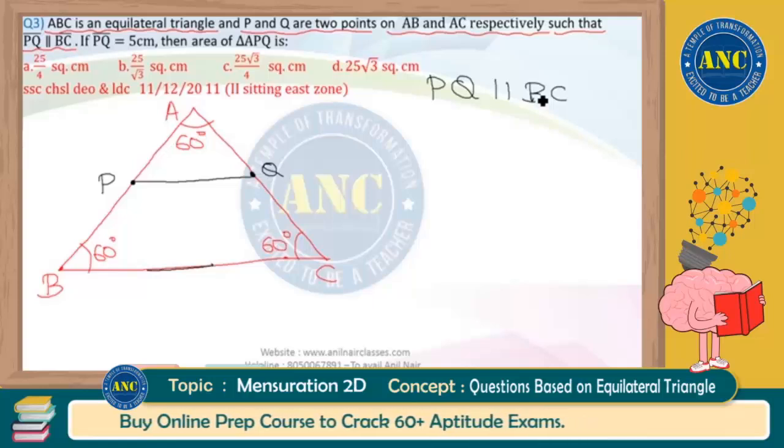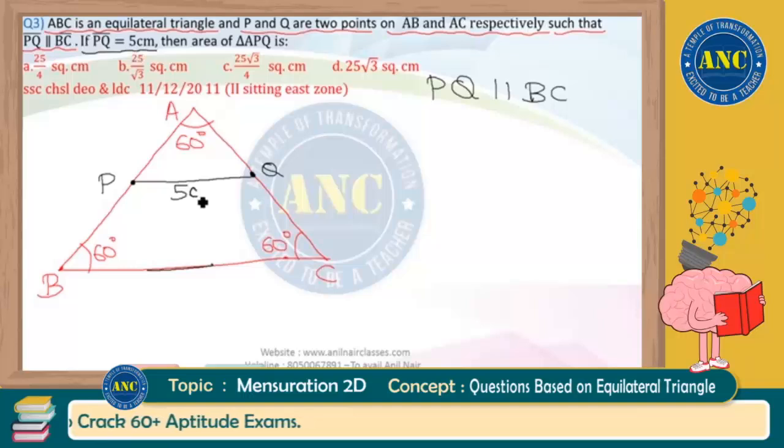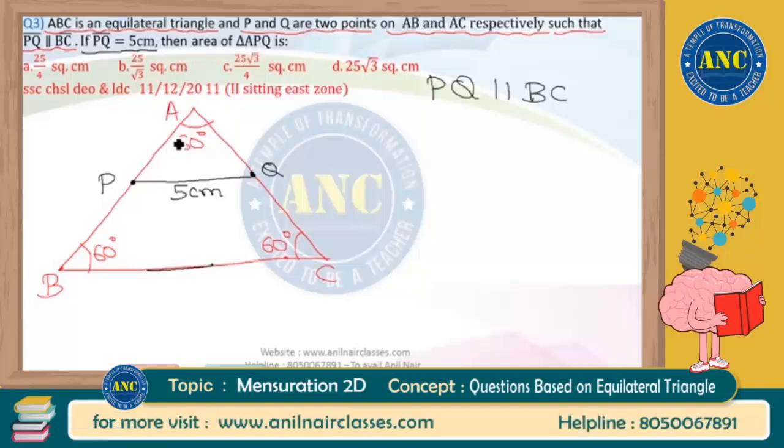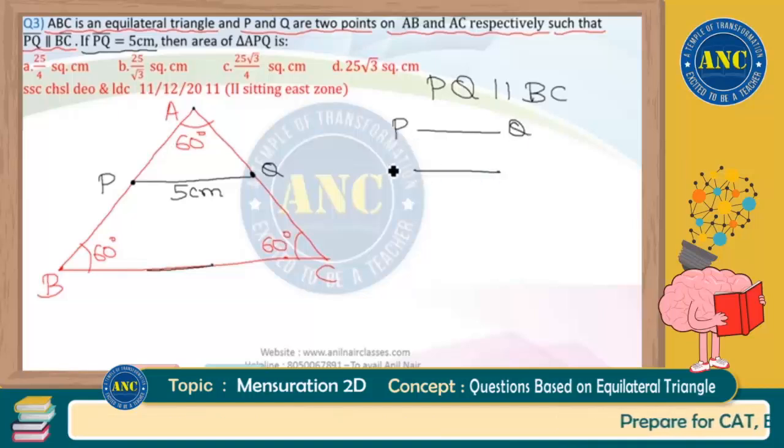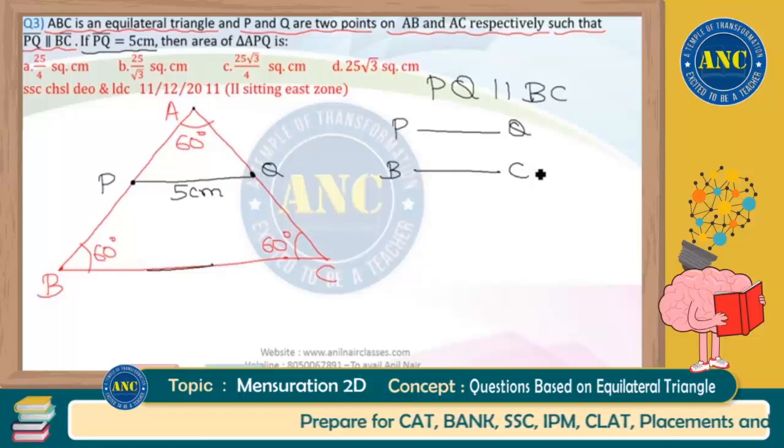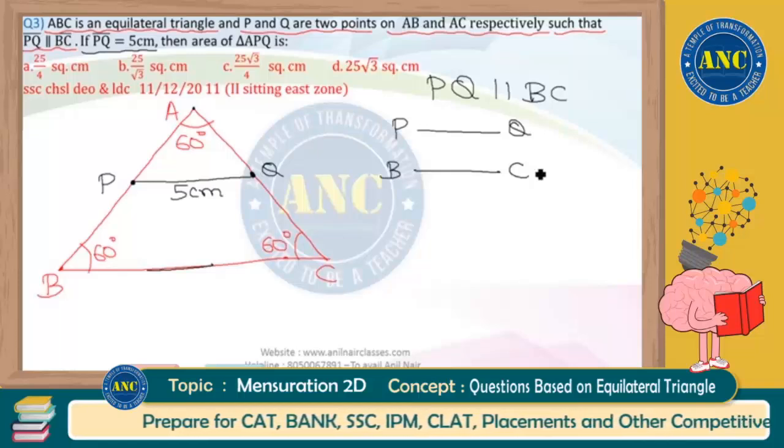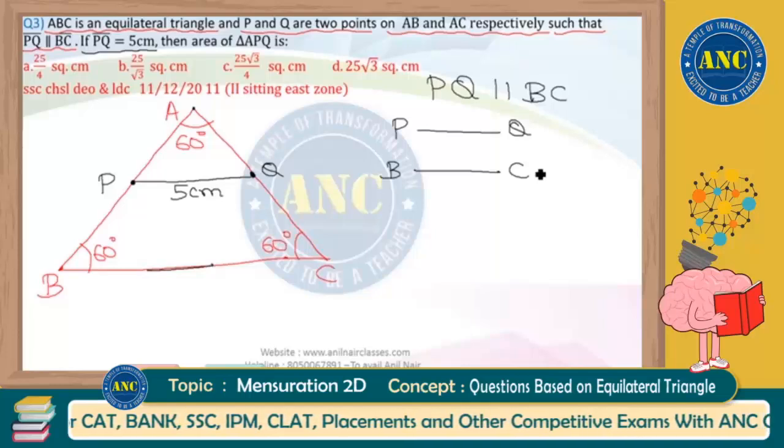Now, your question is, if PQ is equal to 5 centimeter, if this PQ value is known to us as 5 centimeter, find the area of triangle APQ. This particular area is what we need to find. Now listen carefully, sir. Very, very simple logic. This is line PQ. This PQ is parallel to this line BC. BC is a little lengthier, that is still okay. But what I can say is PQ is parallel to BC. That means, can I say that